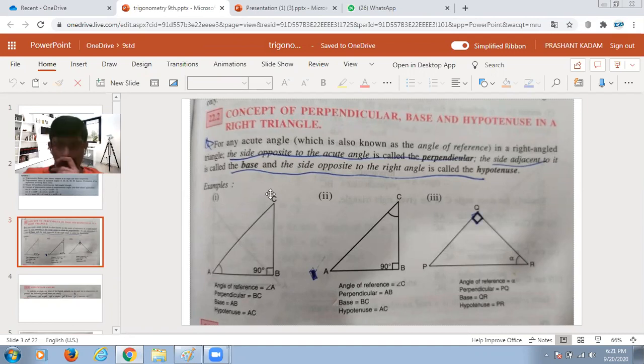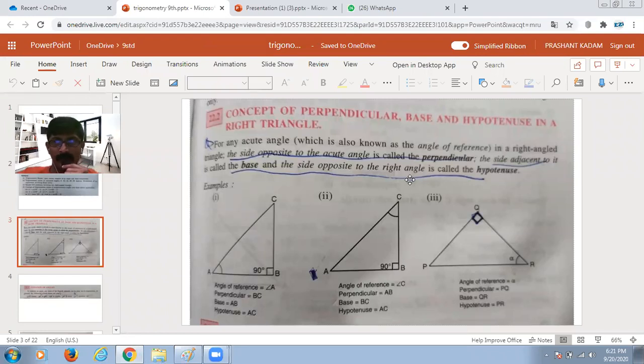Okay, now when our reference angle has been changed, look at this. This angle A was our reference angle. Now our reference angle is C. Are you getting it? So with respect to C, this AC would also be called hypotenuse, BC will be called adjacent side and AB will be called opposite side. Why? Because side AB is opposite to angle C. Side BC is adjacent to angle C. That's the reason it is called adjacent side. This is opposite side and this is hypotenuse.